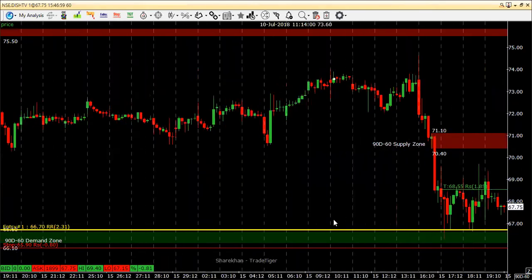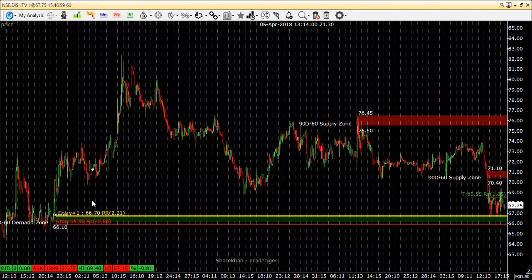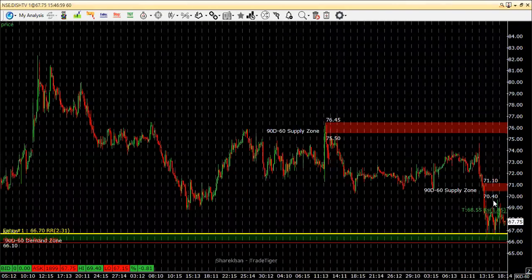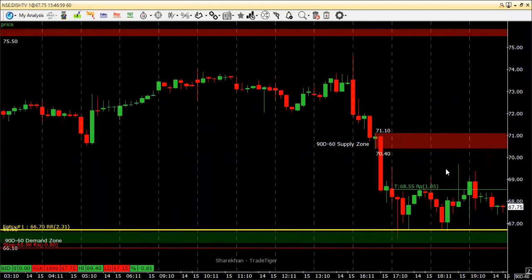So this is how I plan the trade. So let us see what actually happened after I planned that trade. Price went all the way up, came down, it came close, but it didn't really enter my demand zone, and it was hovering around here for quite some time. And it was just this week, as you can see over here, price suddenly came down. Can you observe the speed at which the price is falling? So there's a very sharp fall. But where did the fall stop? If you can notice, the fall exactly stopped at the area of demand.